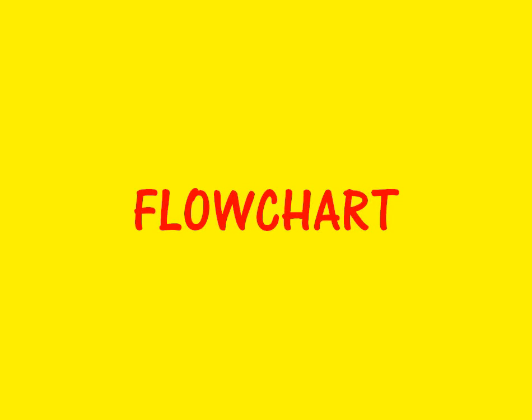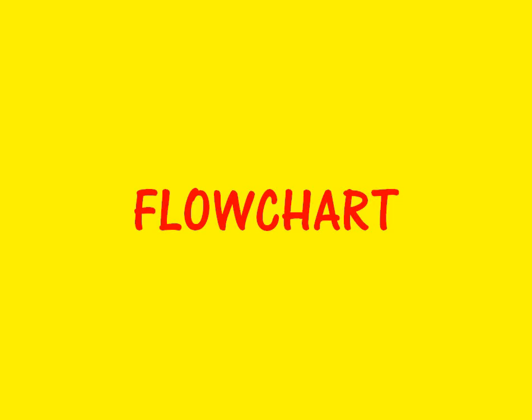What is a flowchart? A flowchart is a graphical representation of the algorithm only, where everything is drawn in a diagram using some set of rules and regulations. Because we represent everything in the form of a diagram, or graphical representation, it makes it easy to understand the logic of problem solving. The algorithm's step-by-step process we need to convert into a diagrammatic representation. That is what we call a flowchart. So a flowchart is simply the graphical representation of an algorithm.